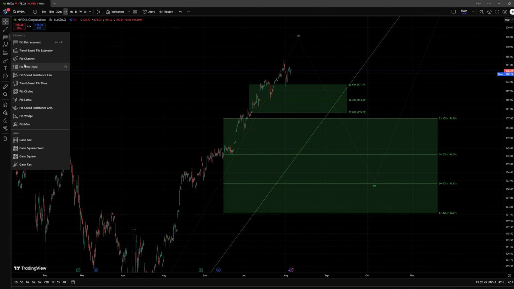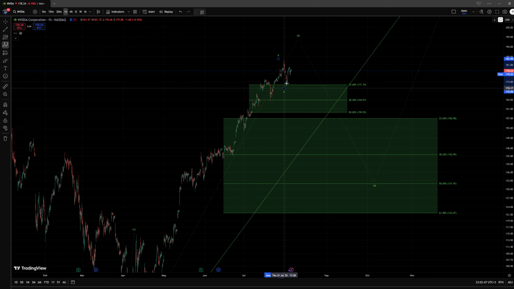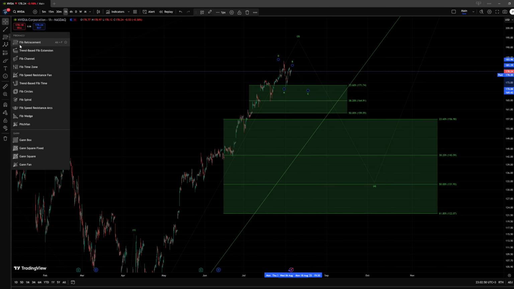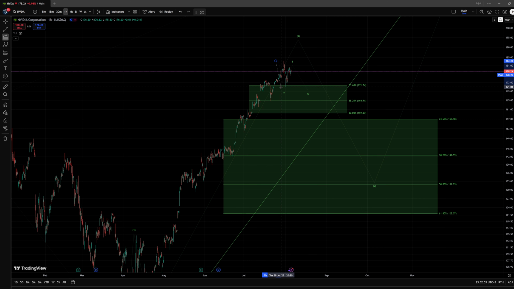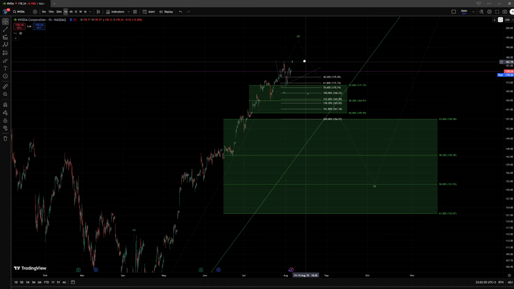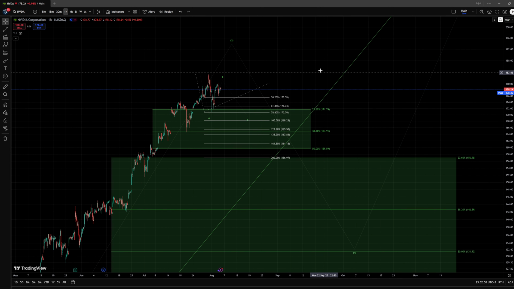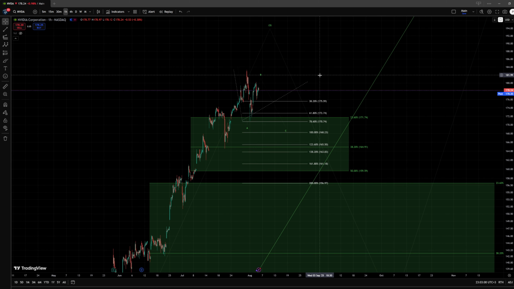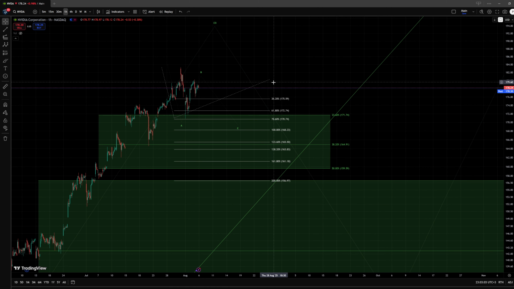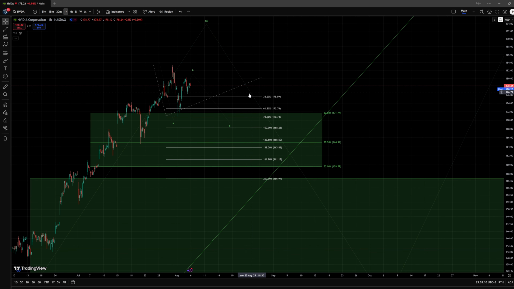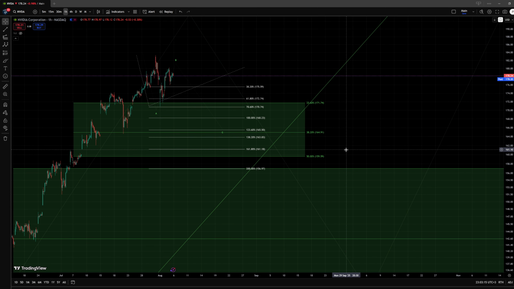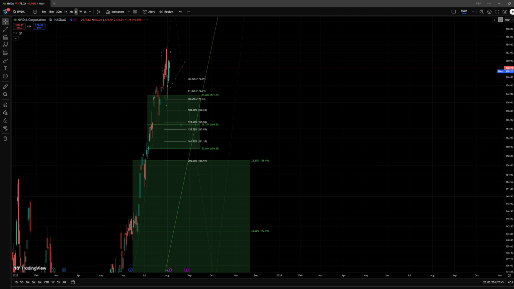And in this case, I would be looking for an ABC pattern where I would expect the C wave to reach around the 100% extension of the A wave, which is the ideal target for a C wave. But remember, it doesn't need to get there and it doesn't need to stop there. The ideal target would be around $168, although I wouldn't be surprised if we had even lower. And as I said, the support zone extends down to $159.6. So for now, these are the levels.